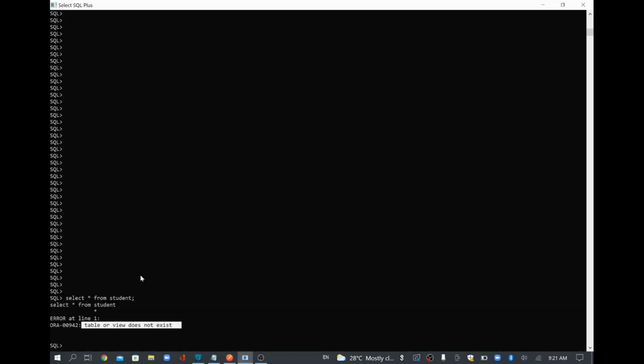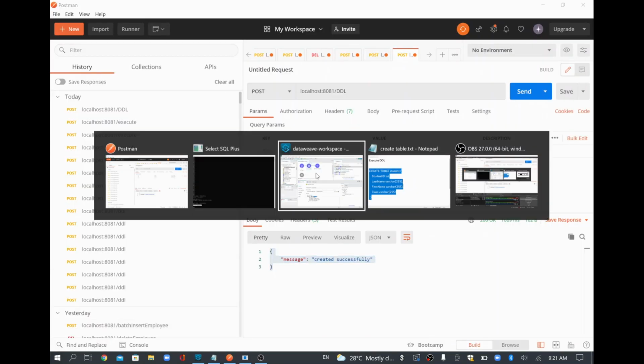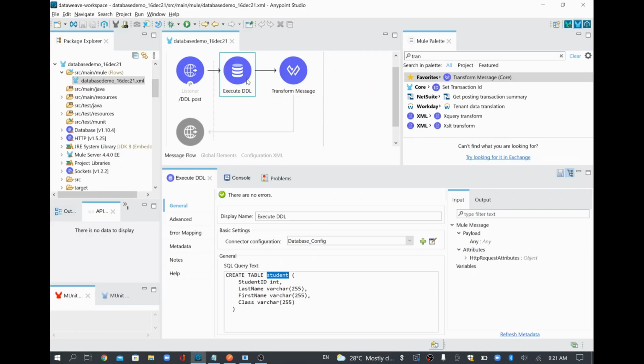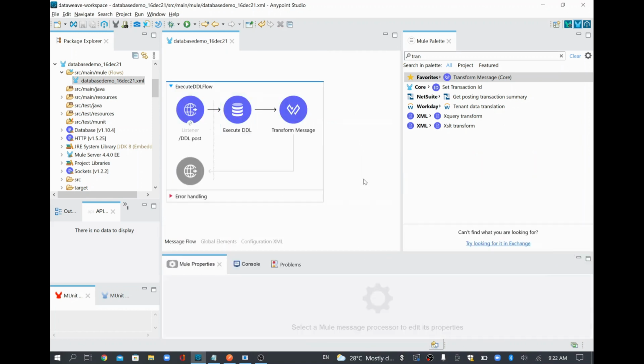So this way we can understand this has been created successfully. I'll just go to the table. See here, earlier before running from Postman, I got table does not exist. I'm going to run the query again. See here, no rows selected, which means the table is there, but there is no record in the table, which means the table has been created successfully. So the table has been created successfully, which means this execute DDL is working as expected. Now we are going to do one more demo as part of this exercise.